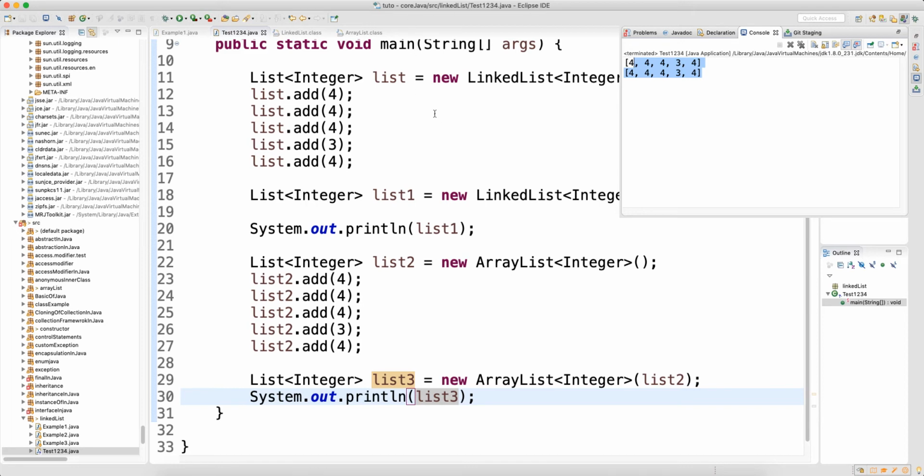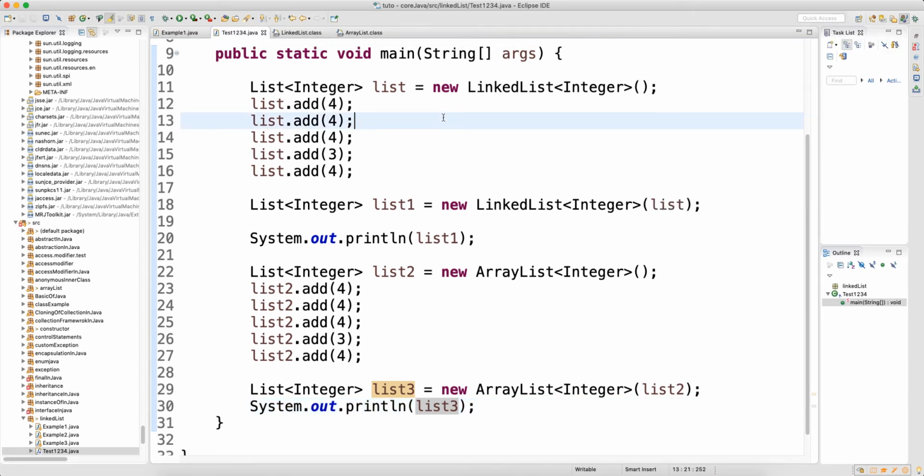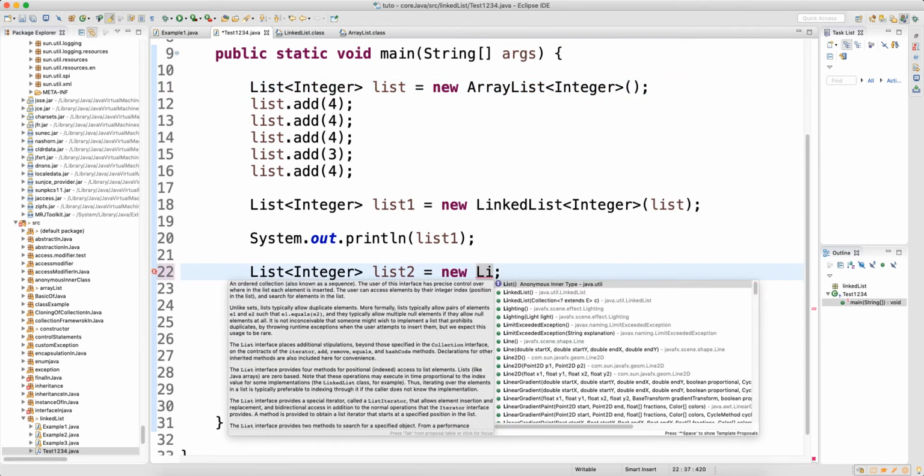Now why I was always stressing on the point, make the reference of list and object of linked list. If you have any idea that your project is going to change or your project implementation part will change in the future, go make the reference as a list. If I go here and change linked list to array list, okay, and here if I change array list to linked list,